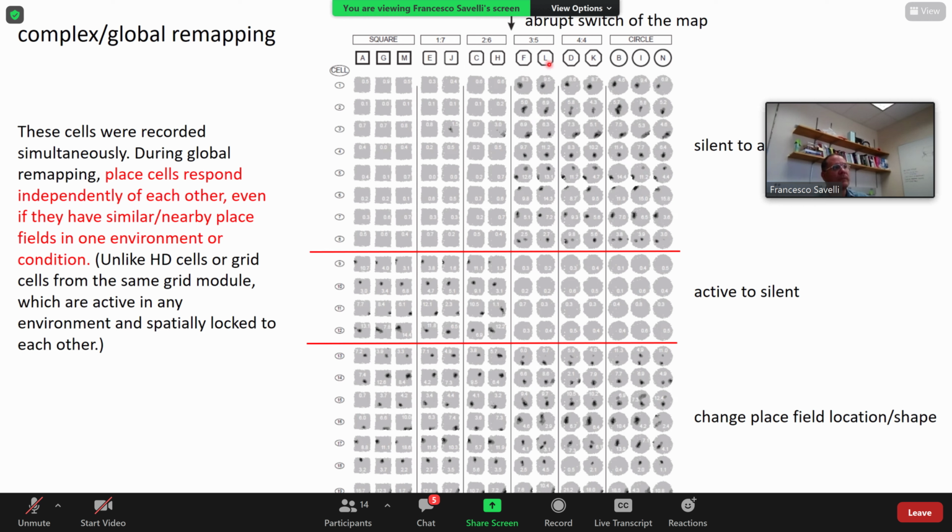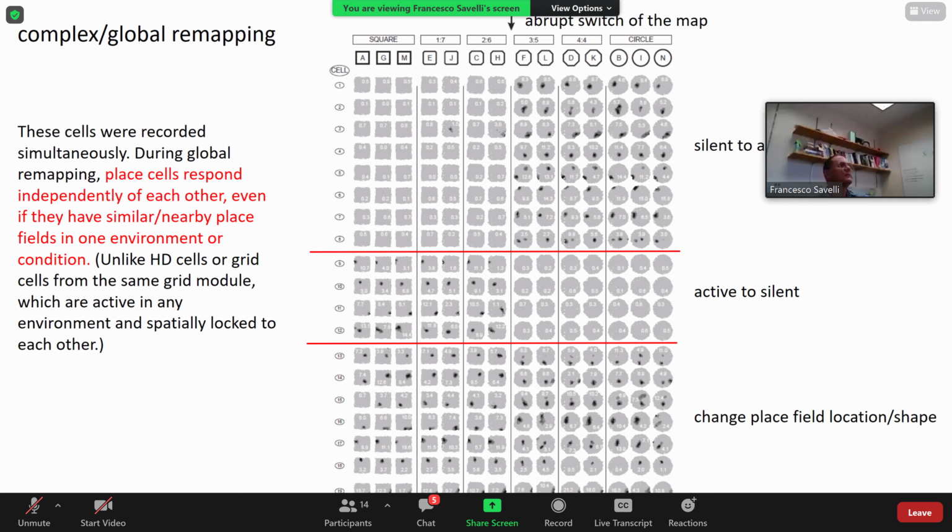An octagon. And then more so, and then you get all the way to a circle. And so they look at what place cells do. So some place cells go from silent to active. Silent to active. See, there's no firing field in the square. And it's consistent. Every time the animal is back in the square,